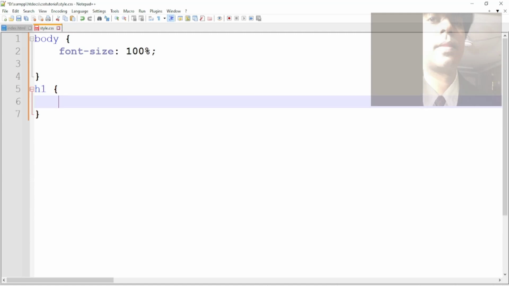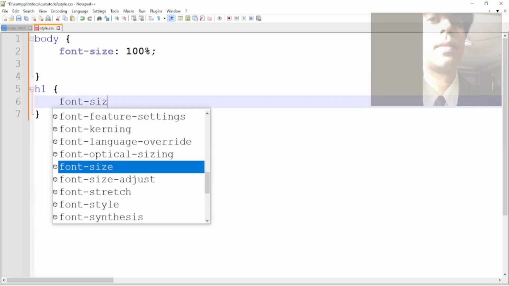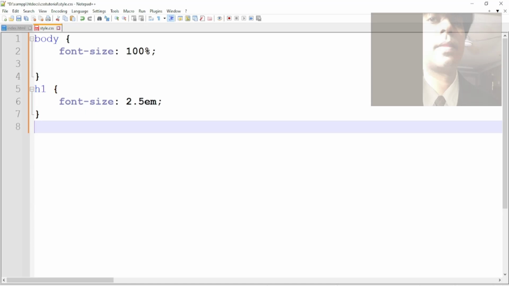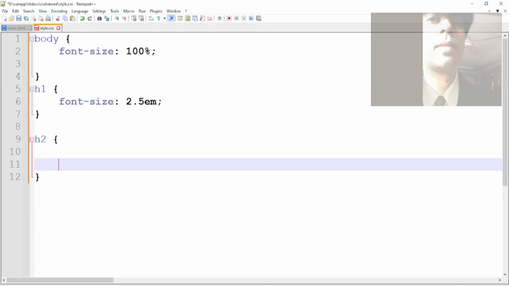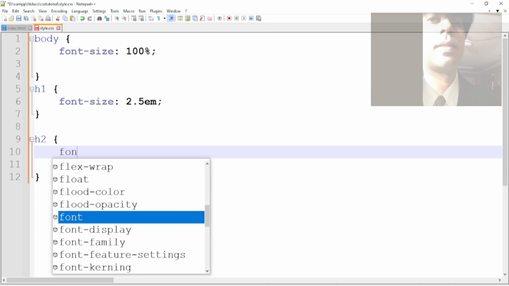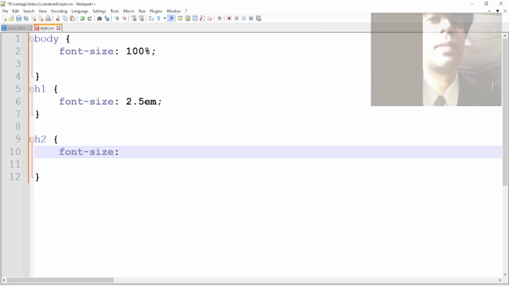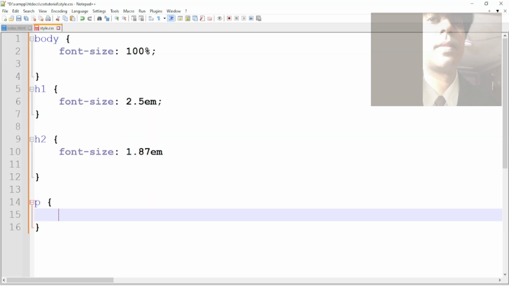In between curly braces we will use font-size colon 2.5 EM and semicolon. After that heading level 2 selector, open curly braces and close curly braces, and we will use font-size colon 1.87 EM, and after that we will use P selector, open curly braces and close curly braces, and we will